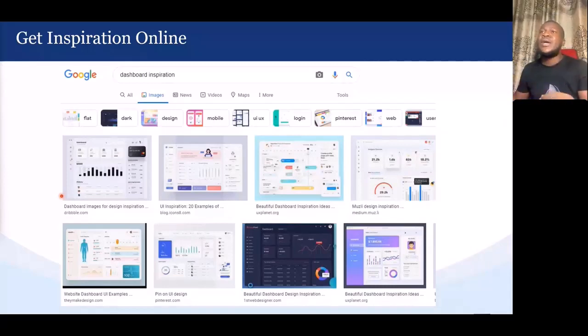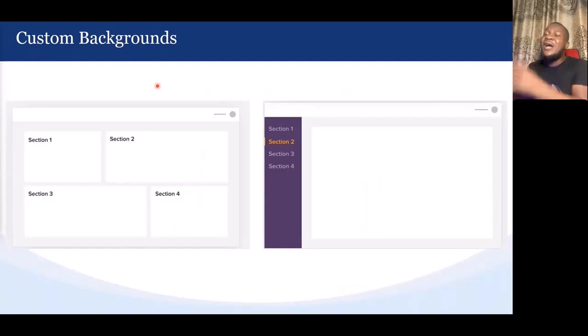So I continue. You can always type dashboard inspiration or maybe Power BI dashboard inspiration and so forth online and get some of these inspirations to work with. So let's now get to the business of the day: how do we create some of these custom backgrounds? How do we amplify our report and move from a very bland report to something that gives the wow effect? So I'll stop sharing this screen now, and I'm going to share my next screen